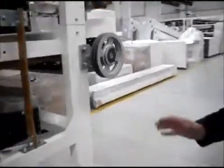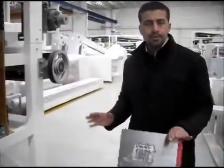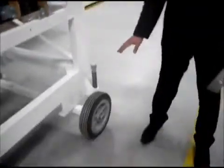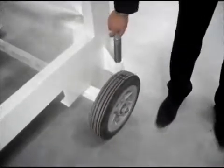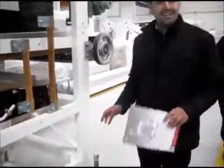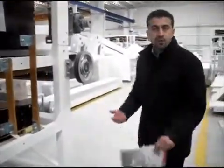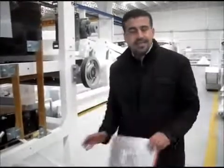Now, the elevator: if you are going to operate mobile, because this machine is on wheels, of course there are anchor bolts to stabilize the machine, and if you want to move around the warehouse, you can undo them. And if you want to keep your elevator on wheels too, you can move the machine wherever you want in the warehouse. Or if you want to work in the same place,